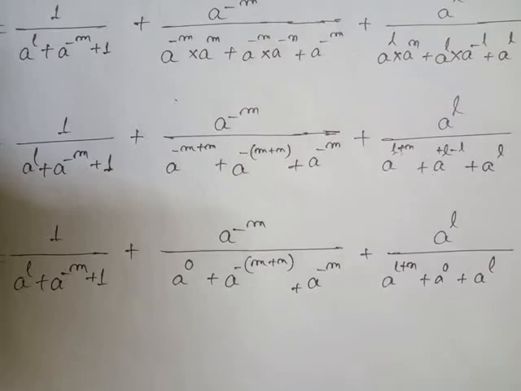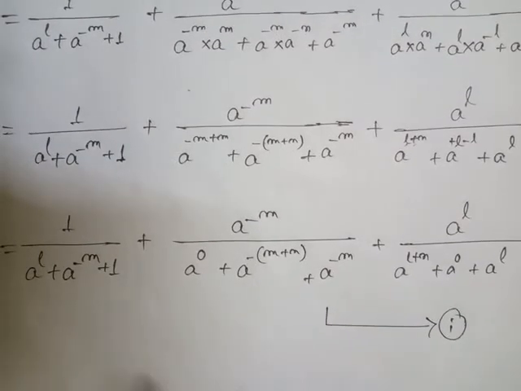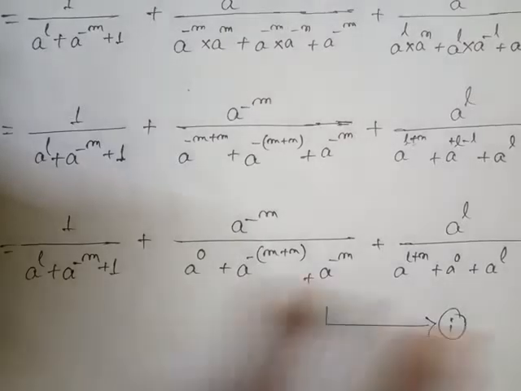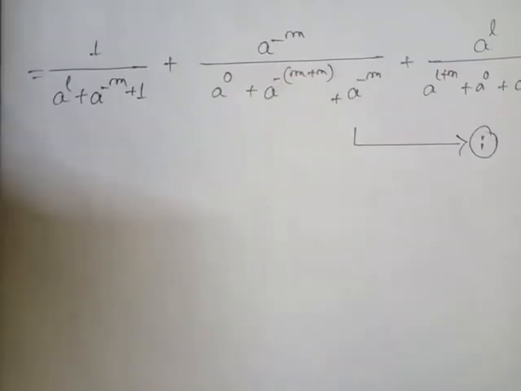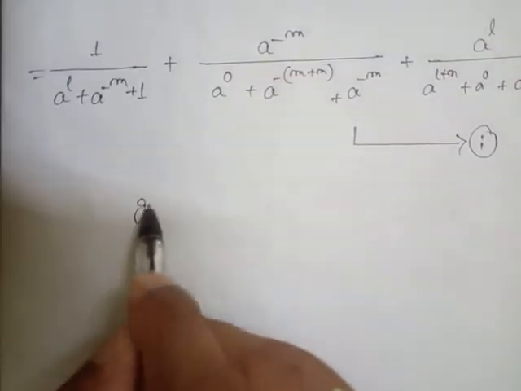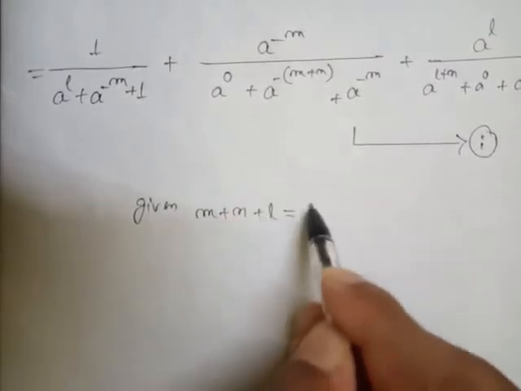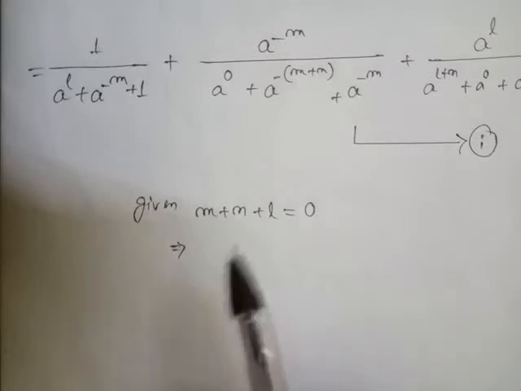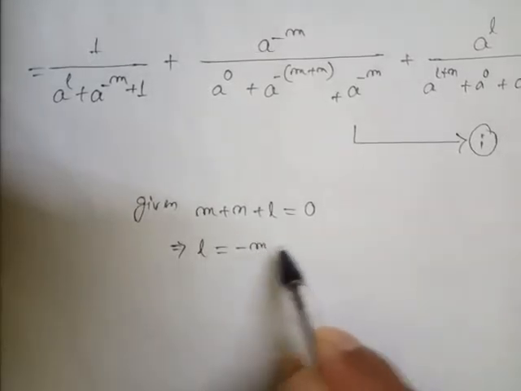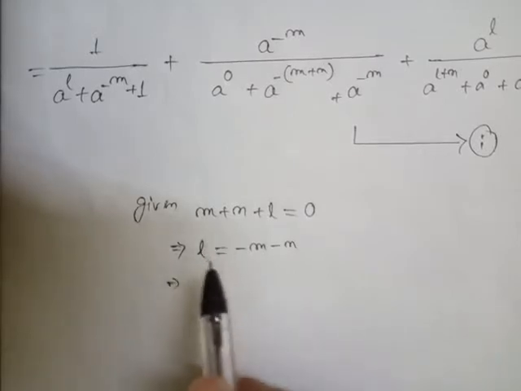Now after this part I will use the condition. The condition is given in the question. First of all, I am taking this whole as equation number 1. Now I am going to use the condition here. Now look student, the given condition is m plus n plus L equal to 0. Now if I write L equal to minus m minus n,